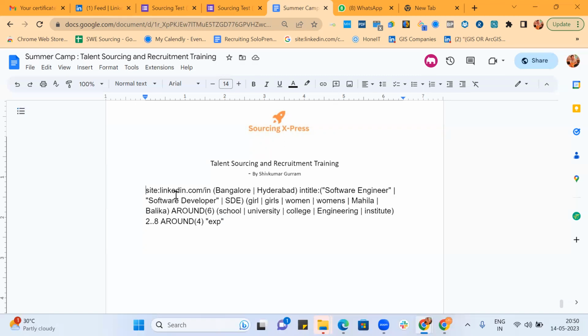Additionally, what is around doing? Around is sitting on top of these two operators. It is trying to show any one keyword from this set. Even if you give a single keyword, it is fine. 8 around 4 EXP, you will get only 8 around 4 EXP. We have given just the number range 2..8 so that we could get 2 to 8. But otherwise, around inserted in between is saying, bro, you come here, bro, you come here. It's keeping these two people in and around within that many number of keywords. It's like an additional operator, something like